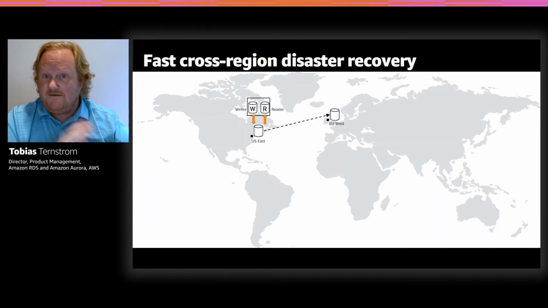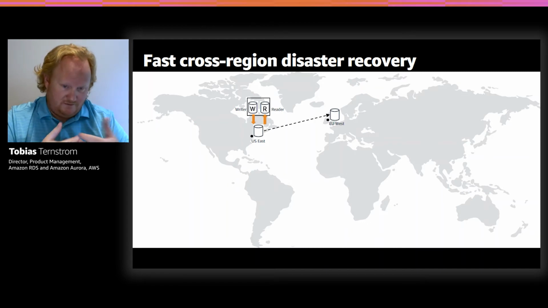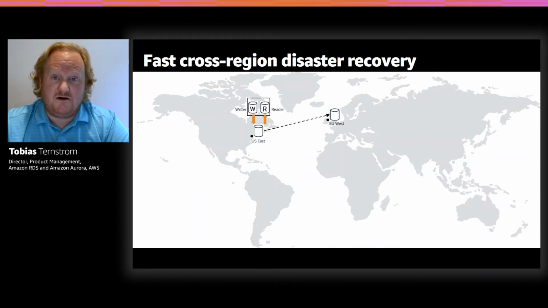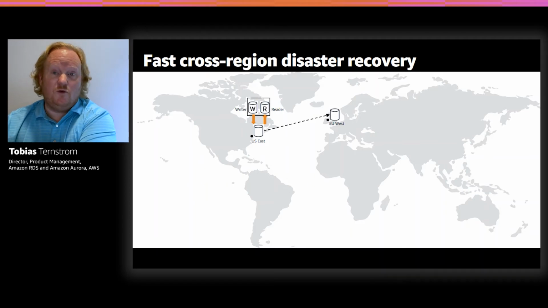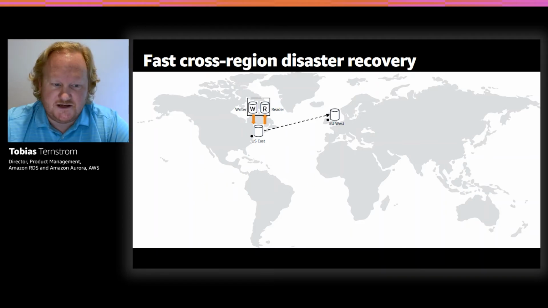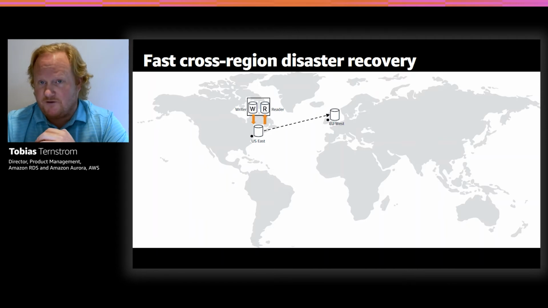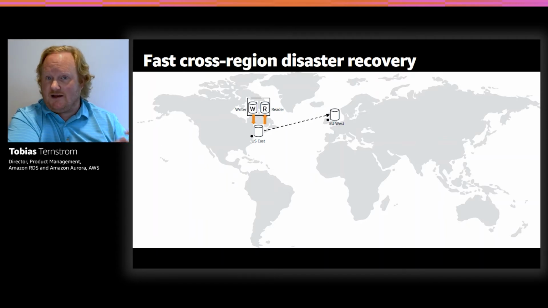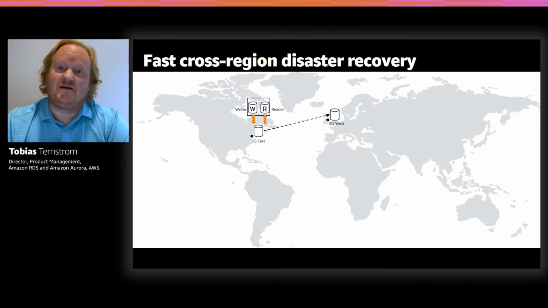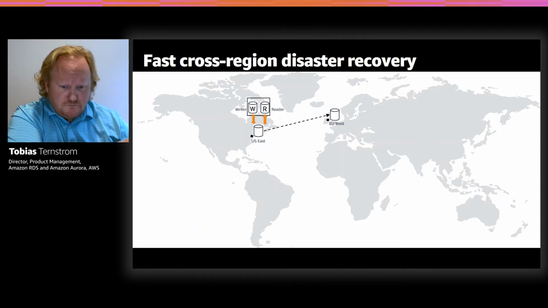So in this case, if US East goes down, or a network issue or something else happens that is severe enough, you can switch over to EU West and continue running your operations here. One thing that's important to note, that's a difference between the local storage nodes, if you will, that I just talked about for Aurora and Global Database, is that